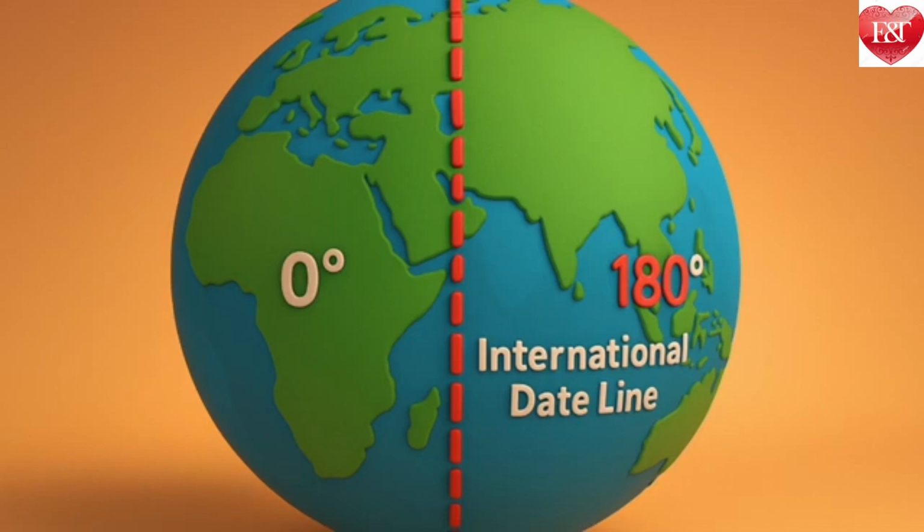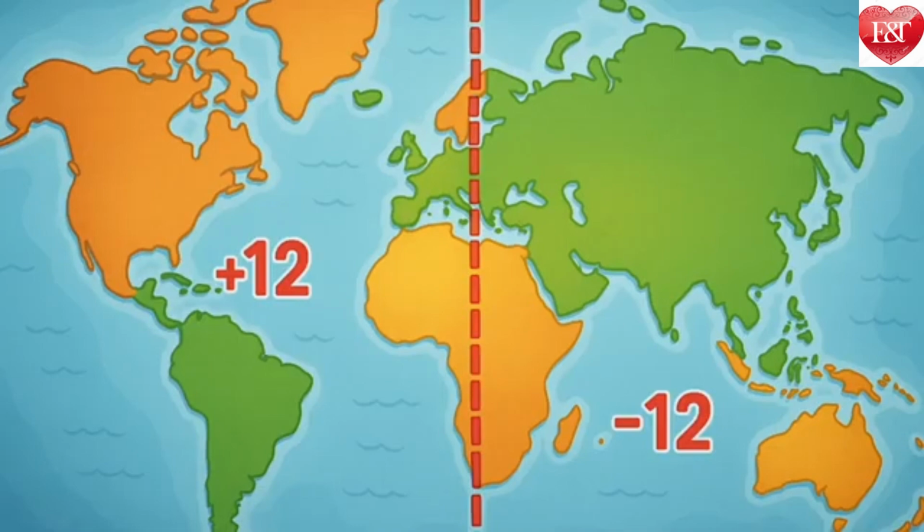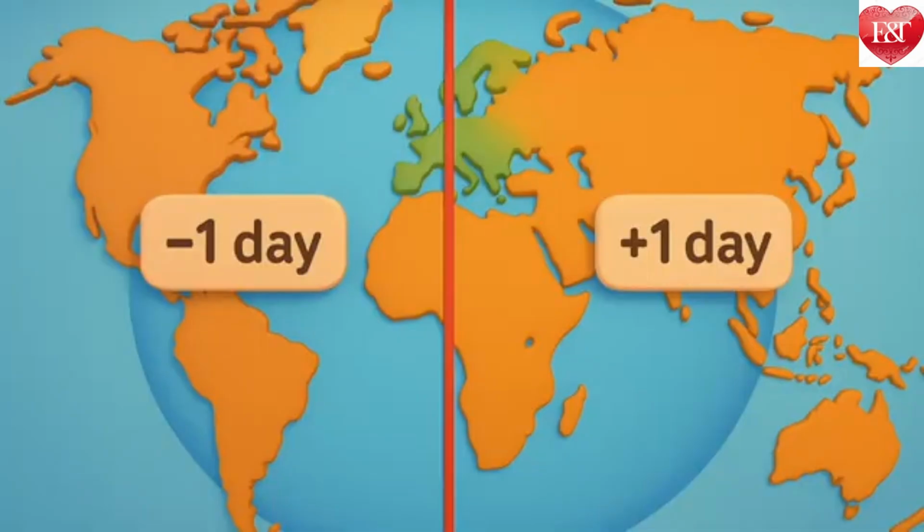Finally, while the prime meridian was fixed at Greenwich, the opposite line, at approximately 180 degrees longitude, is called the International Date Line. As you can see on the map, the +12 and the -12 time zones touch each other at this line. If you cross it by ship or plane, you need to change the date in your watch. If you cross it traveling eastward, you subtract a day, say, from Monday to Sunday. If you cross it traveling westward, you add a day, from Sunday to Monday.